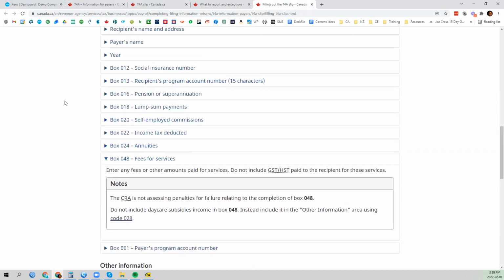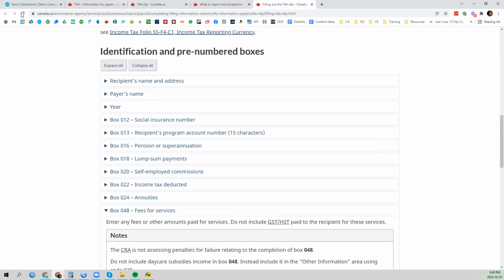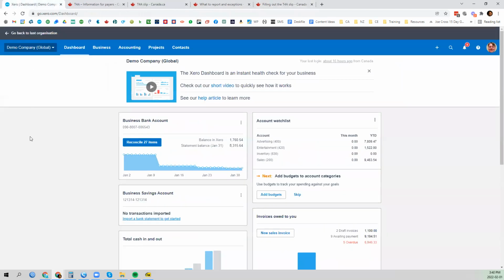We'll jump into Xero and see how we can get this information. There are two main ways to organize your data in Xero. One is by expense code and the other is by contact. And you might even want to think about a little bit of a hybrid of these two, which we'll see at the end. But let's focus on the expense code method first,